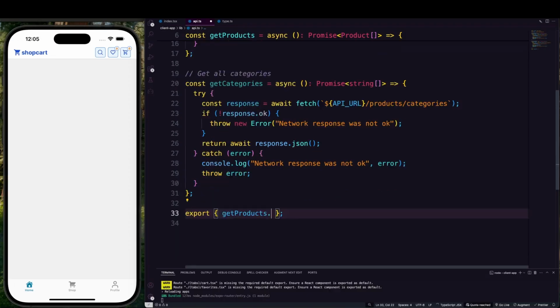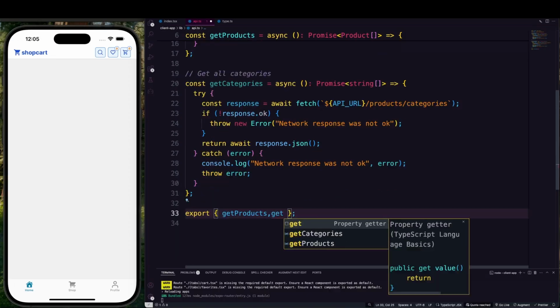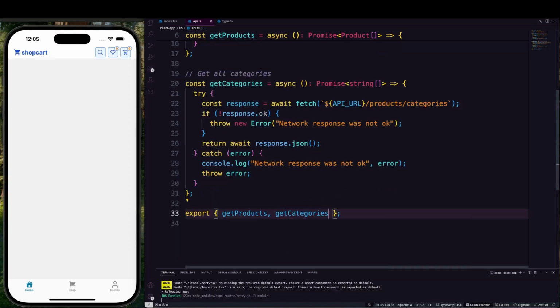So that's where we have get categories. This is the simple combination, and I think right now we're going to go with those two. After that, if we go over here in our application, we're going to use our Zustand